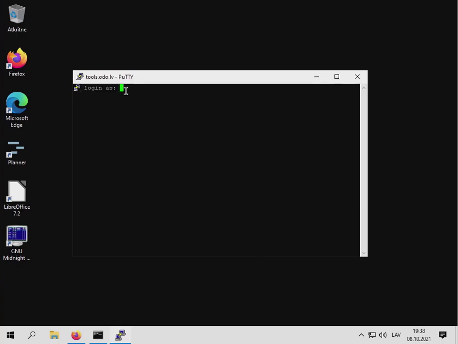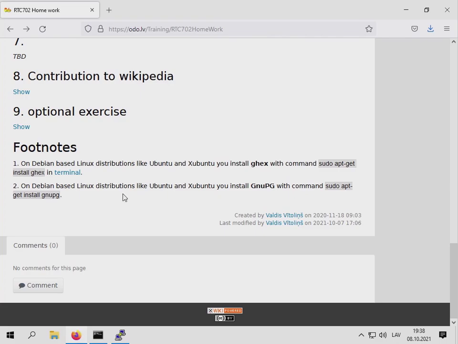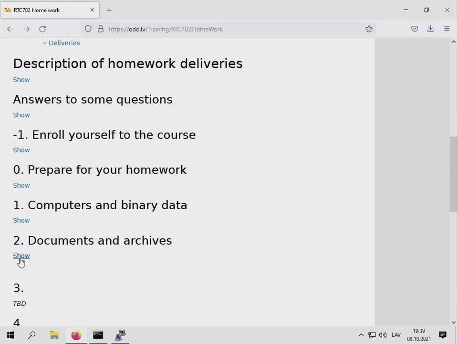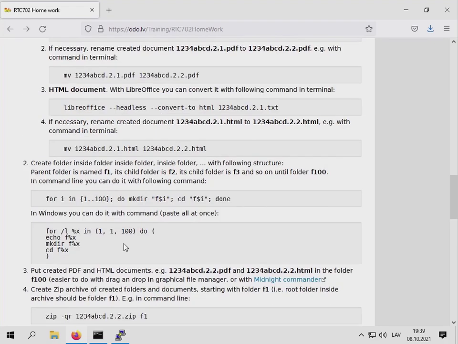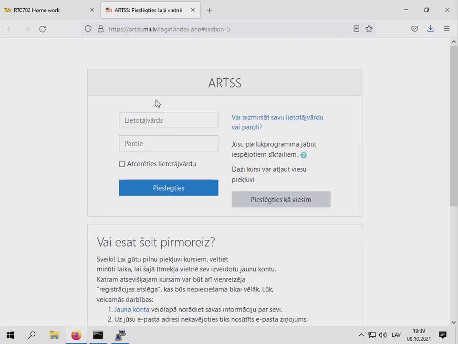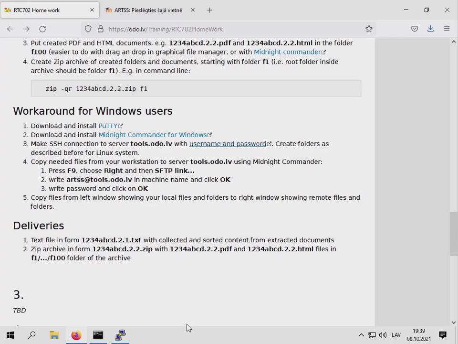You can change it so that for this session the fonts would be different. And so you log into this computer with the username and password coming from this thing.